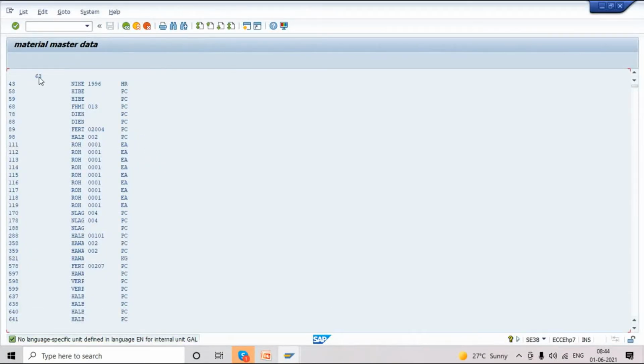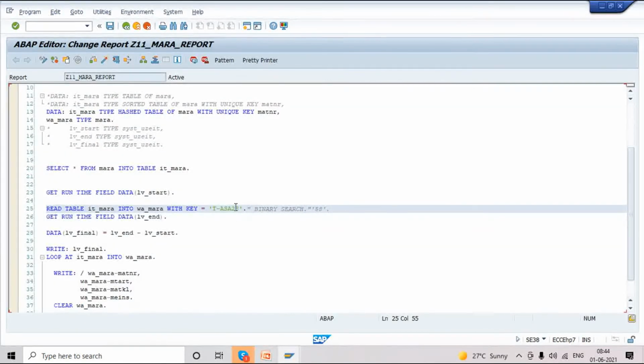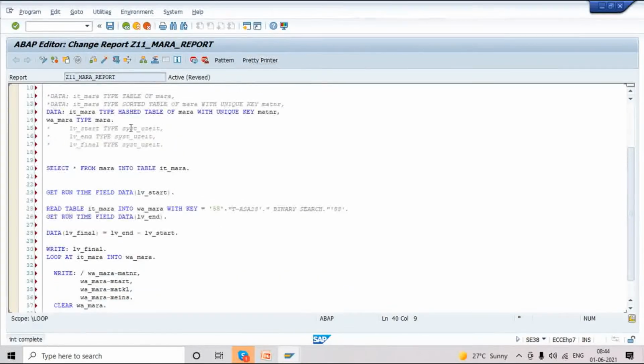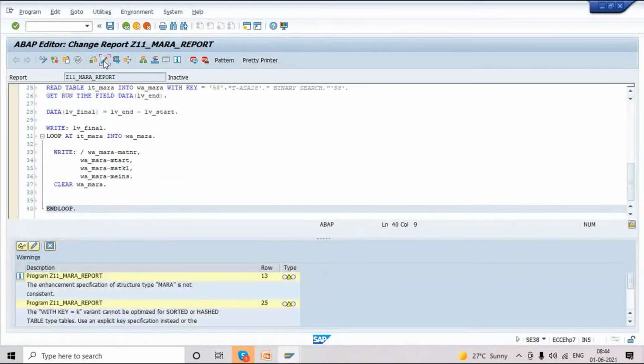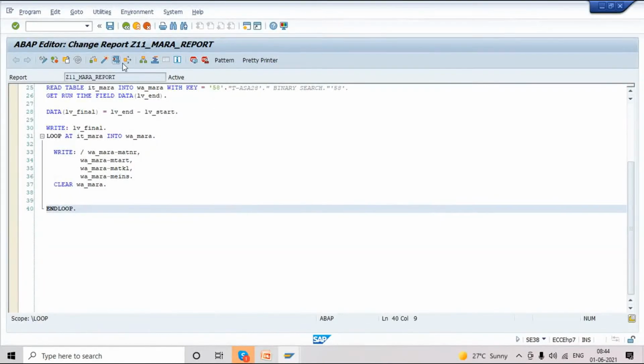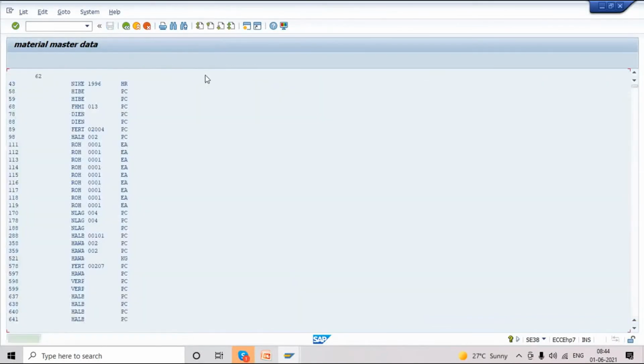So how much time did it take? 63. So I'll search for number 58 this time. Just activating. Number 58. Okay, last time we got 63, now for 58 we got 62.